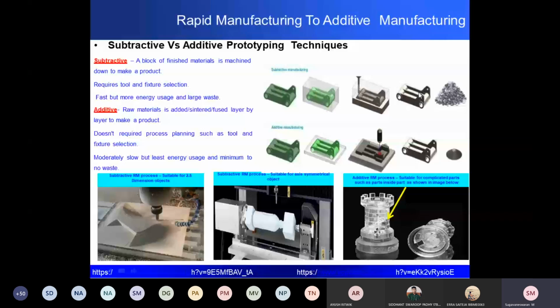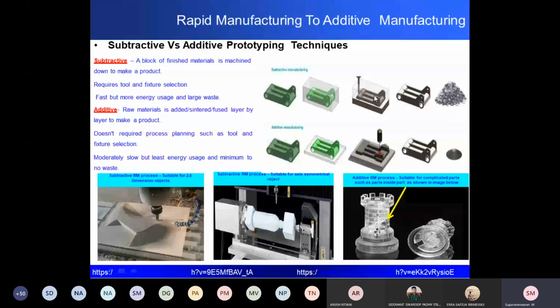Another way, I can also create a prototype by adding material. So I need this design. What you can do is create a CAD model of the design and convert this design into a program. Instead of tooling, there will be a material deposition mechanism. This will deposit material layer by layer to get a 3D component. So here I'm going to develop a prototype. This prototype is computer assisted because I'm transferring CAD data as a program. So it is a rapid prototype, but it is an additive rapid prototype.